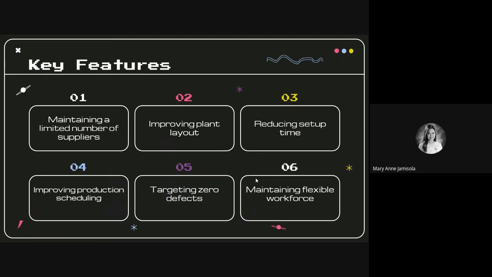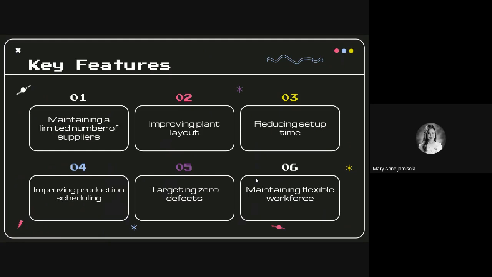And then the last key feature of JIT is the maintaining of a flexible workforce. Companies that use JIT production systems must have workers who are flexible and multi-skilled. Workers assigned to a particular JIT product flow line are often expected to know how to operate all the equipment on that specific product line. Cross training also increases flexibility, boosts employee morale, and decreases